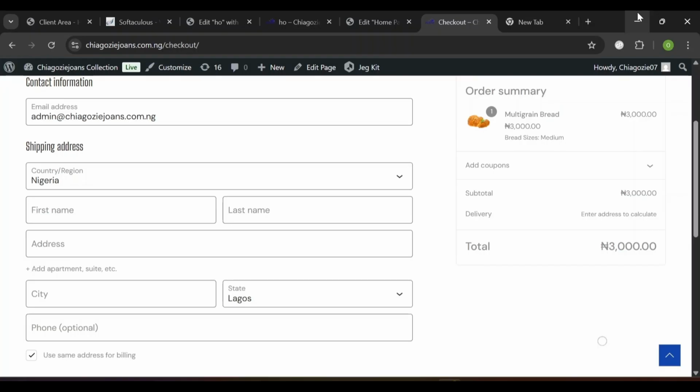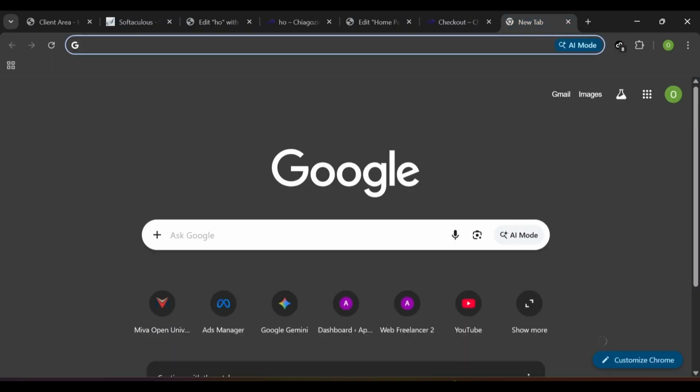So you have to integrate a payment gateway so that your website visitors can actually purchase your products without asking for your account details. Okay, they can make payments directly on your website. And also, we want to set up our shipping so that we can add things like delivery fee. Now, to integrate your payment gateway on your WordPress dashboard, visit